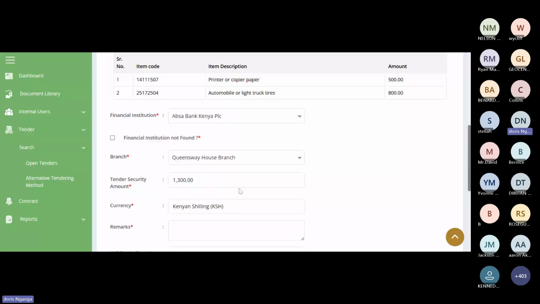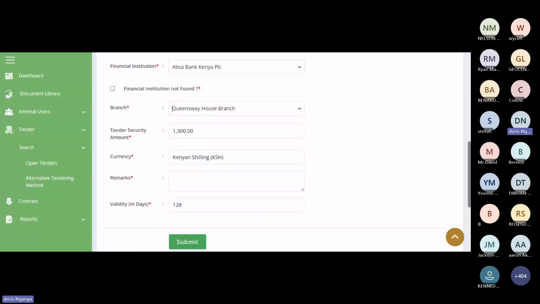The tender security, remember the system already did for you the calculation on the tender security amount. Of course, the operating currency is the Kenya shillings. And then you're supposed to give a remark.